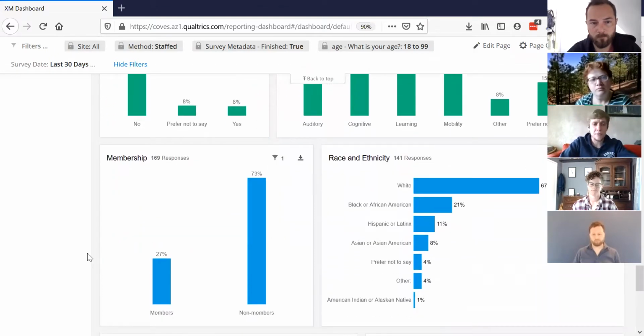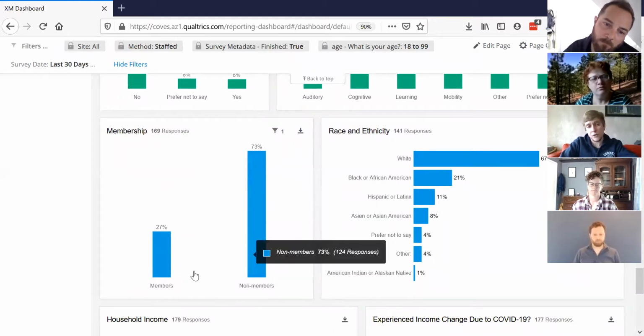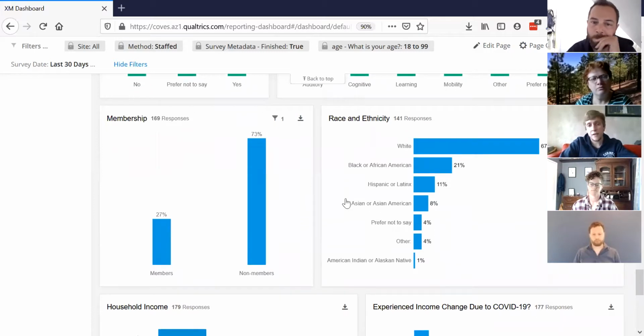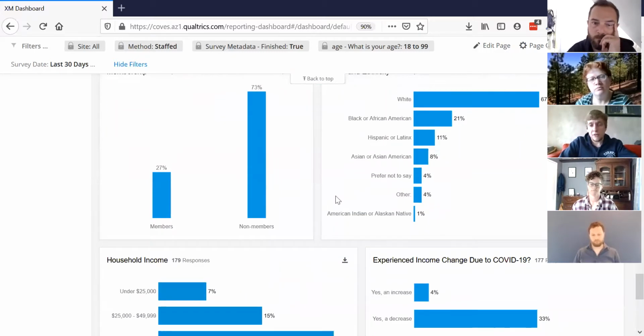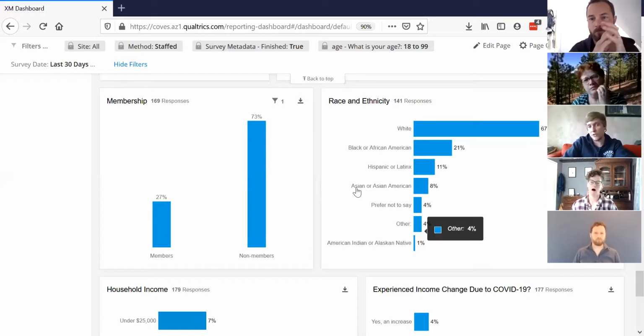And disability membership, since this is aggregate, it's going to be a little bit more useful to know, for your own institution, what a typical membership number might be. The race and ethnicity question. This is a little bit technical, but one thing to point out is that if you remember looking at this variable in the dashboard before, we had done some recoding to categorize anyone who selected multiple categories into a new category that was multiple races selected. Because this is live, we don't really have that ability right now. So this is just straight up percentages of what people are selecting.